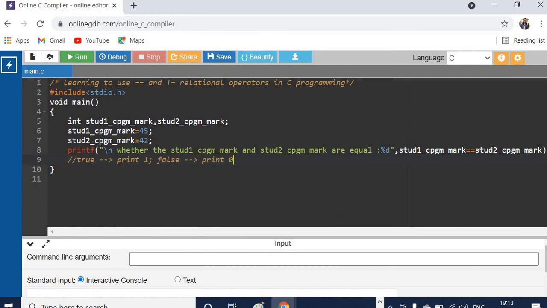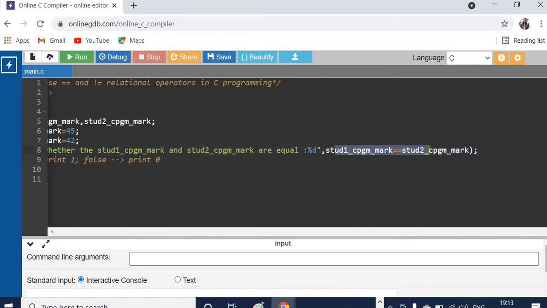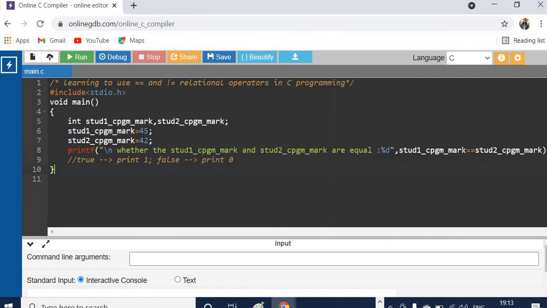So when you use double equal, the student 1 program mark double equal student 2 program mark, we are checking whether both the marks are same or not. If both of them are equal, it will print 1, otherwise it will print 0. So 1 for true value, 0 for false value.